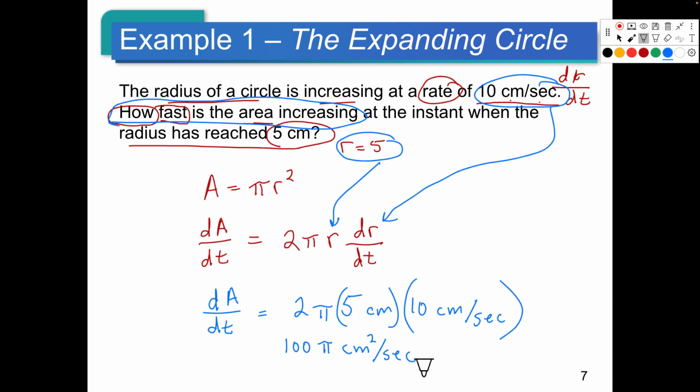100 pi. We could leave it that way if you wanted to. That is a valid answer. But how many of you really get a good feeling for what 100 pi represents? I don't. But we could take pi as 3.14. So you take 100 times 3.14. You could put more decimals if you wanted. And that's going to give us,